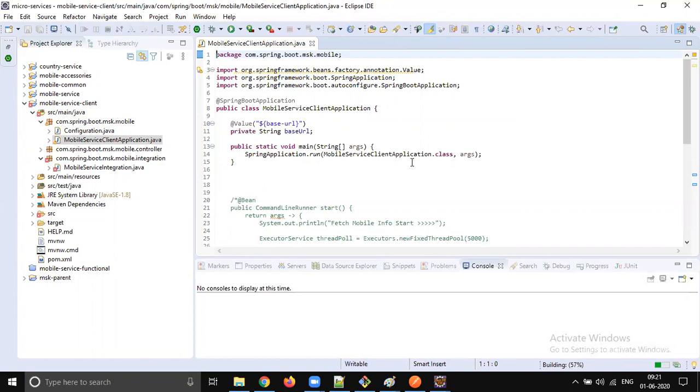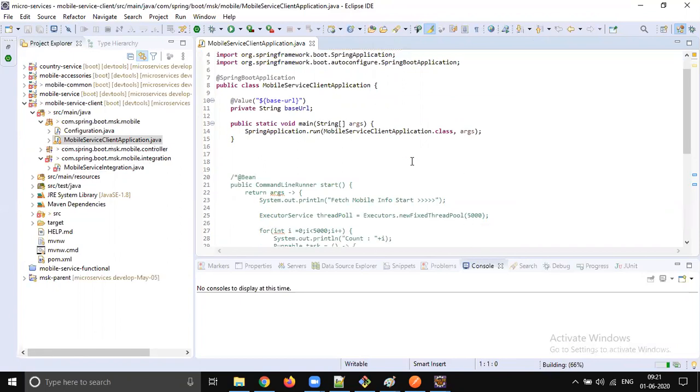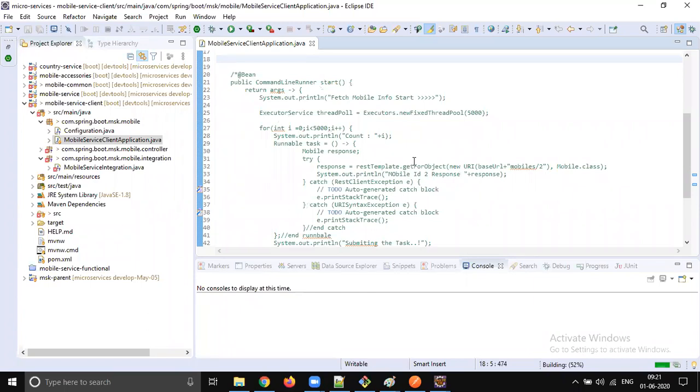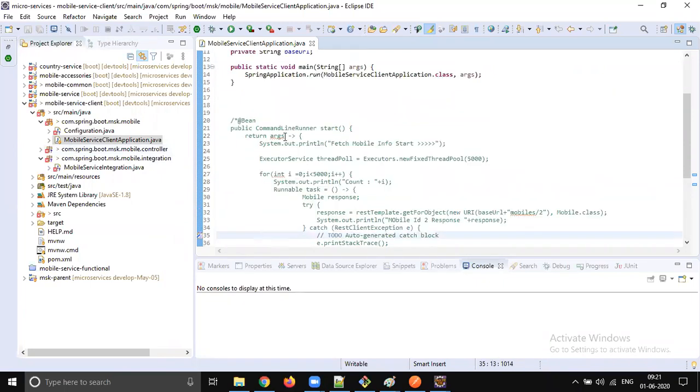Okay, I think I don't have the code available. So that code is fixed and that is moved. So what is the problem happening when we hit it from the client?